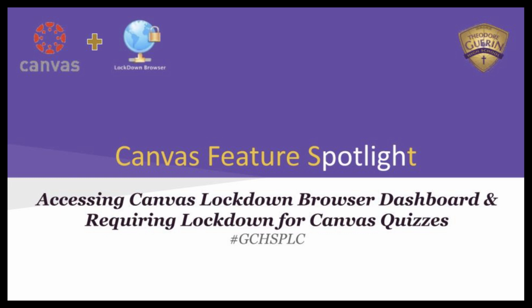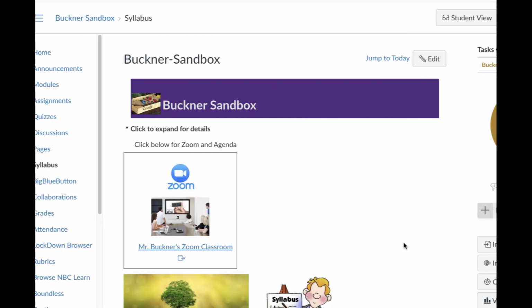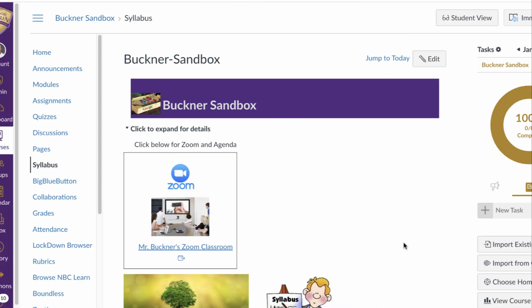Hello everyone. In this edition of the Canvas Feature Spotlight, we're going to focus on requiring Lockdown Browser for your Canvas assessments. So if you want to require Lockdown Browser for a student assessment, once you have that assessment created